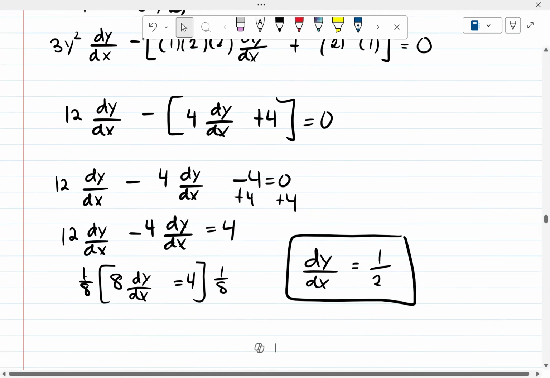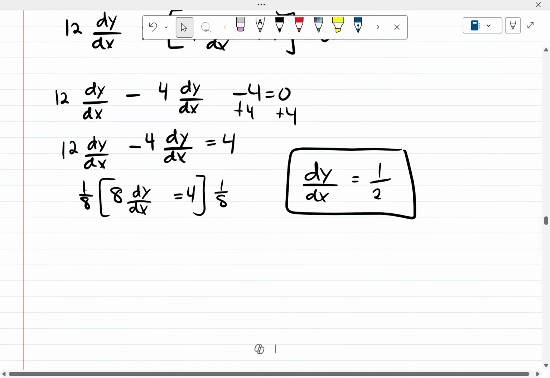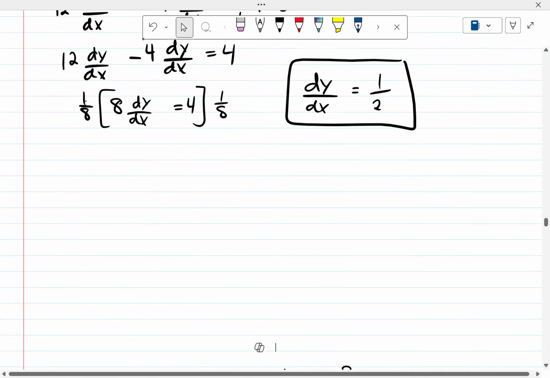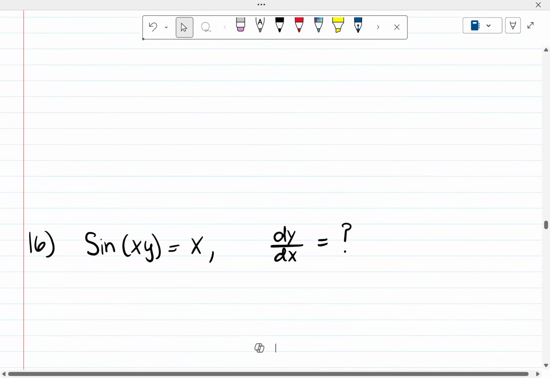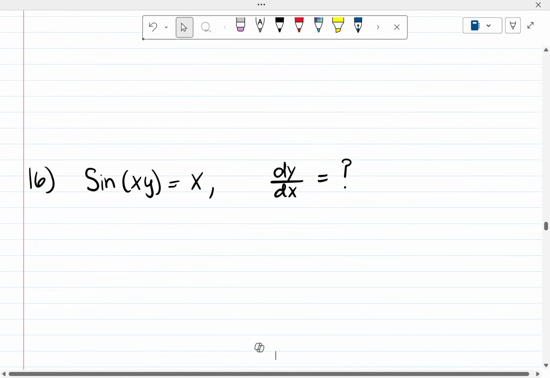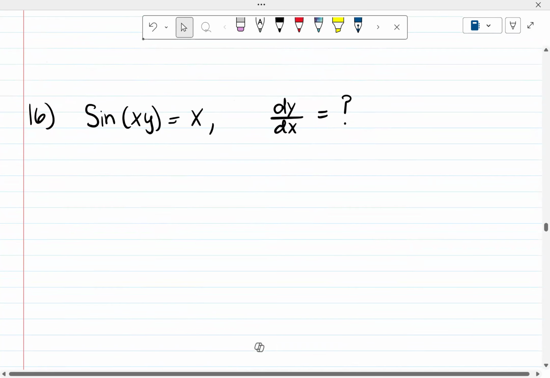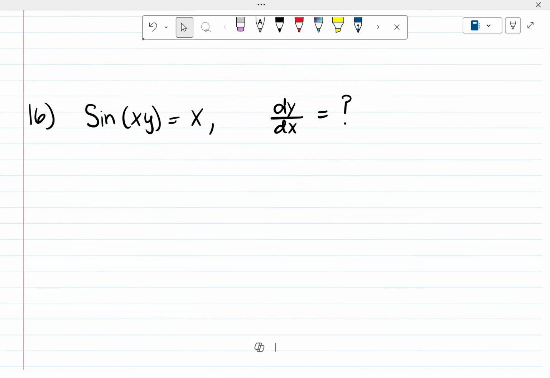Okay, let's move on to 16. So this one is also an implicit differentiation. We must find dy dx when we're given sin of xy, sin of parentheses xy equals x. When doing implicit differentiation, you always got to do the left side and the right side. So let's start with the left. How do we take the derivative of sin of xy with respect to x? Just do it. What's the derivative of